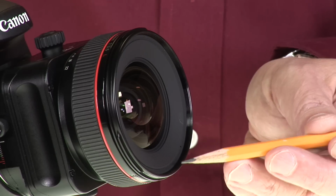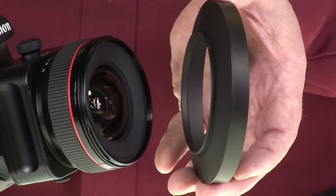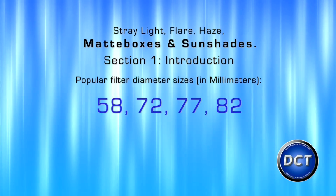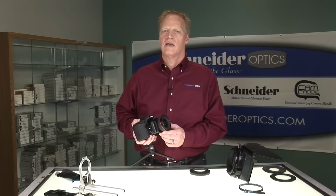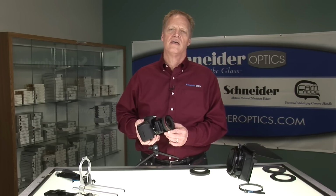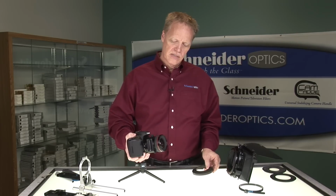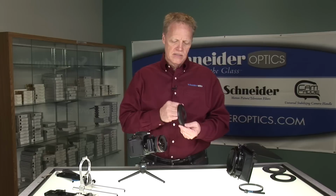Now, most lenses today have a thread on the inside of the lens. You have to know how large is the lens so you know what size adapter or screw-in ring that you need, whether it's 58, 72, 77, 82, etc. For example, an 85 millimeter outside barrel diameter will generally yield a 82 millimeter thread on the inside of the lens. In this case, this is a 72 millimeter on this Canon DSLR lens,